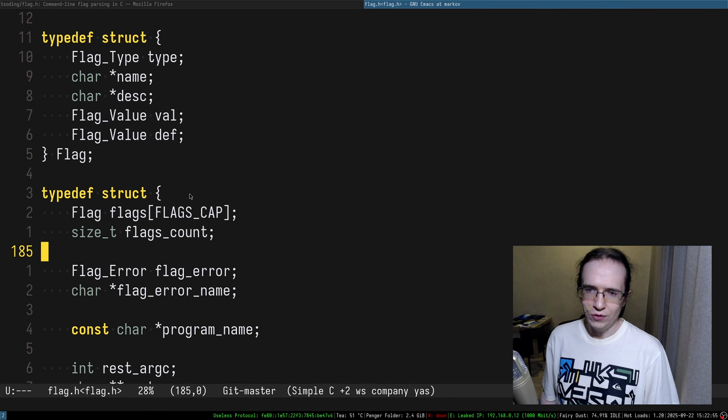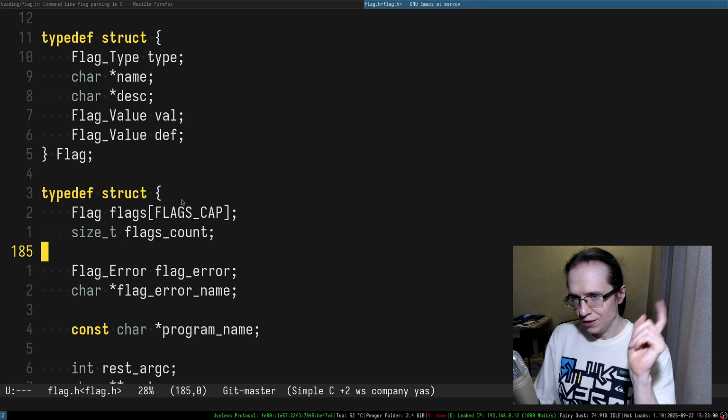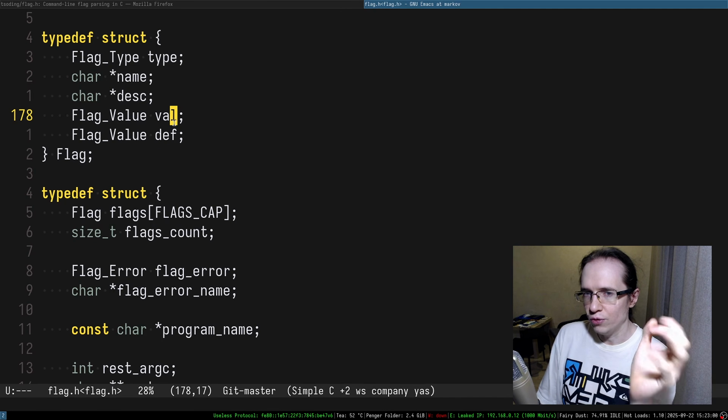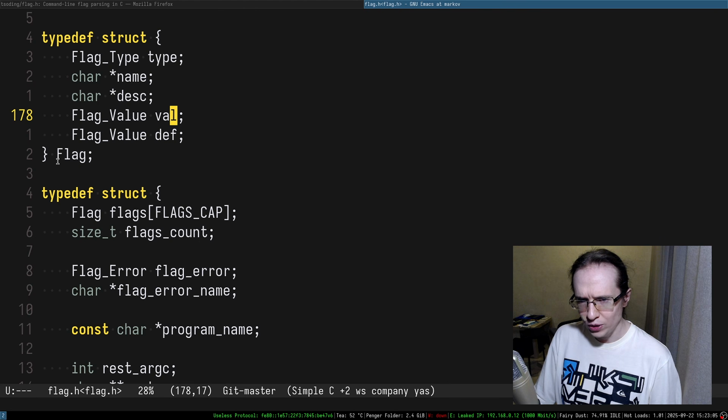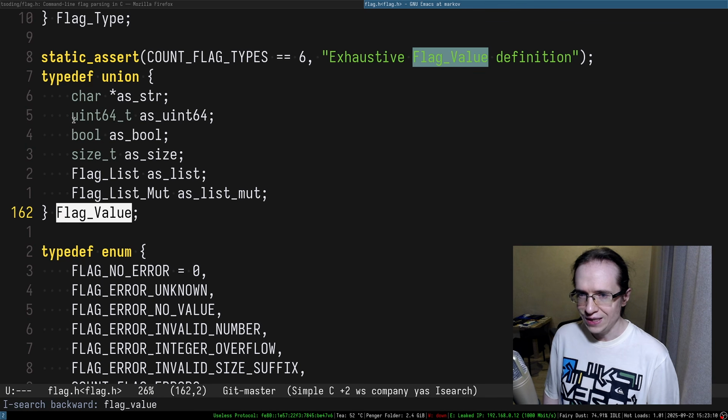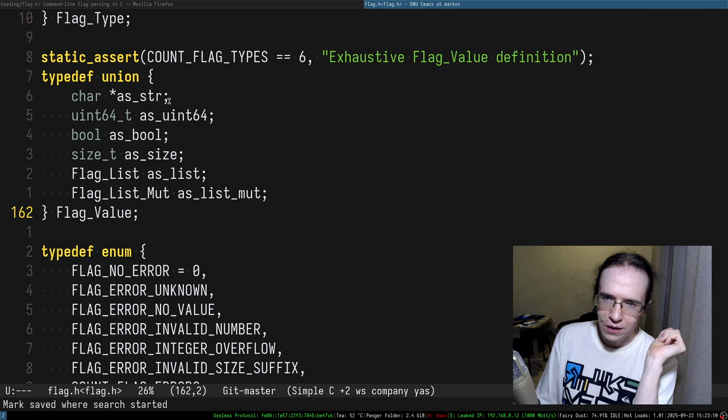So this is where all of that is located, and the actual location of where the value is going to be stored is somewhere within the flag structure. We have a flag value, which is a tagged union, right? So here is the union, and